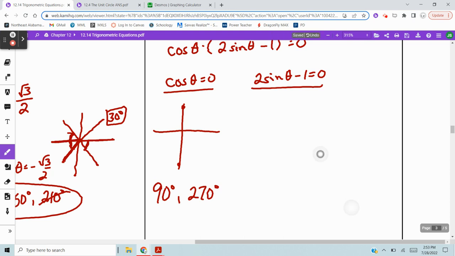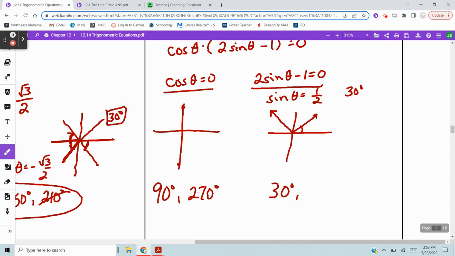Second part, let's move the 1 and 2 over. That's going to be the sine of theta equals a positive 1 over 2. And you ask yourself, where is sine positive first? You're going to have an answer here, and you're going to have an answer here. That's where sine is positive. Reference angle, what the sine of what value is a half would be a 30-degree angle. So that means this must be a 30-degree angle, and this value is 30 degrees. Since this is 180, 30 degrees short of 180 would be 150 degrees, and there is going to be your